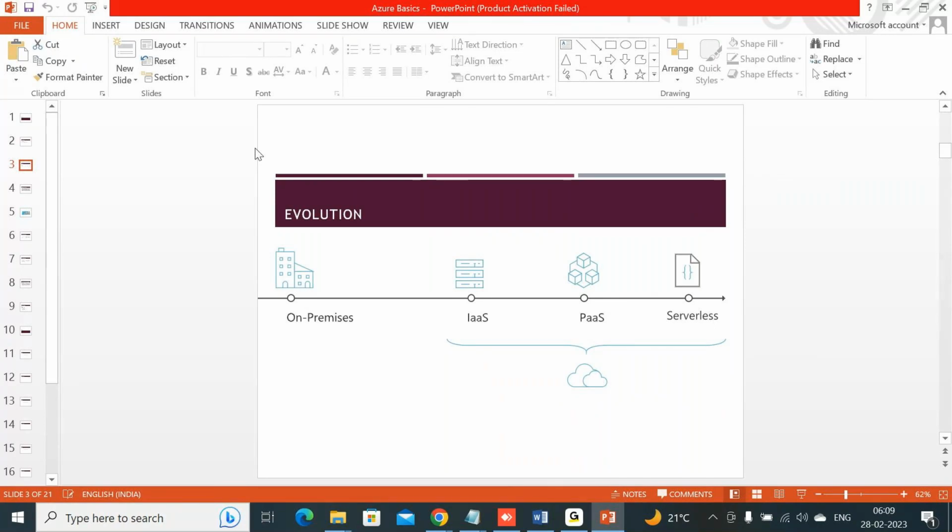These are the drawbacks of on-premise infrastructure. Then the cloud came into the picture. People thought, we want a service where I can create my own infrastructure sitting in front of my laptop, and that infrastructure can be used by my team as per the business requirement, and I can release the infrastructure so that someone else can use the same infrastructure.